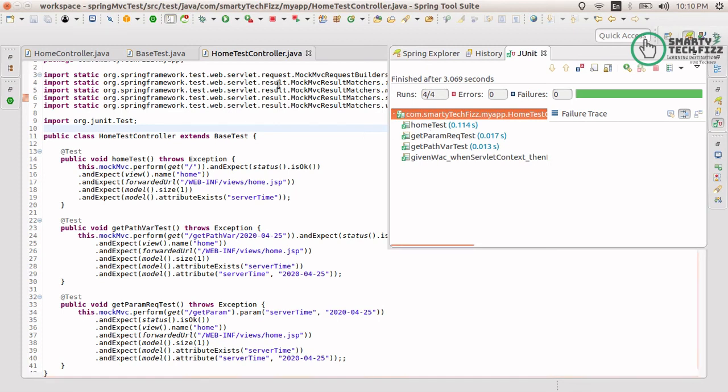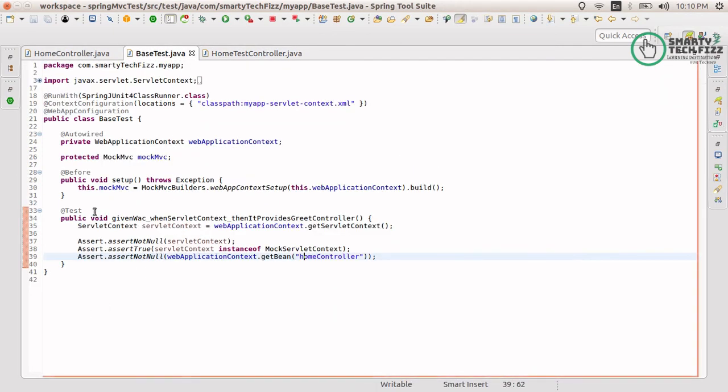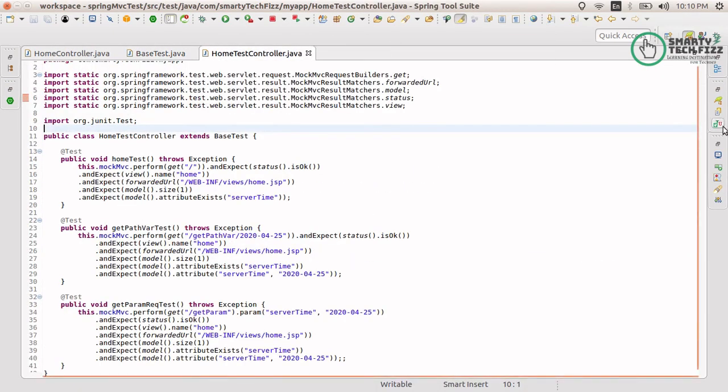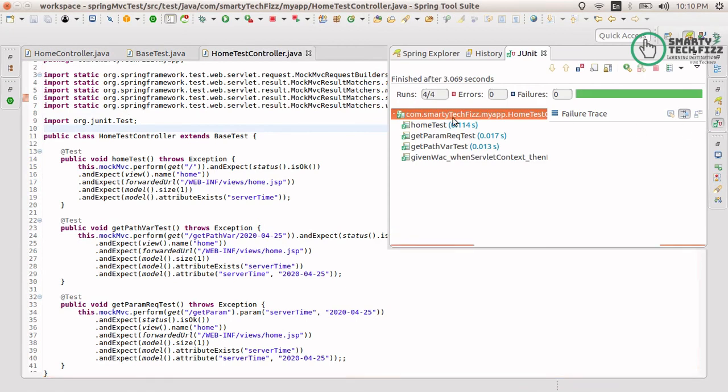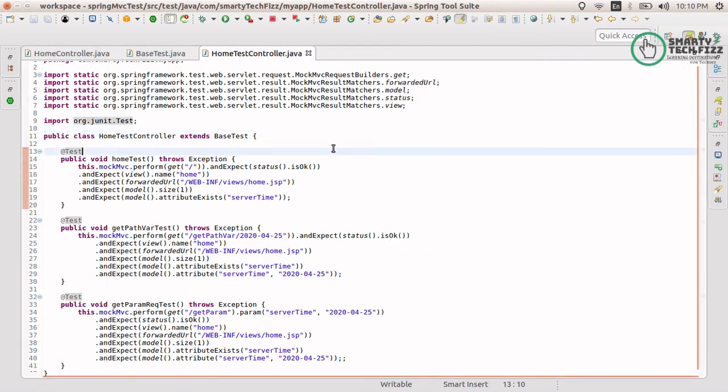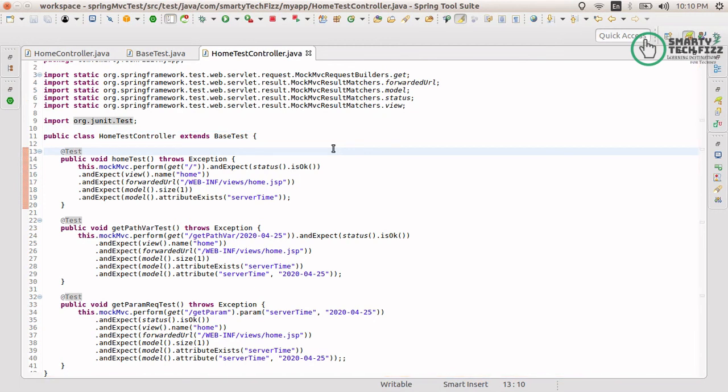This is the function we wrote in the base test for testing the configuration only, so you can skip it for now. The three functions we wrote as tests are all running successfully with no errors or failures. So this is what we can do for testing our models and views using the GET request.